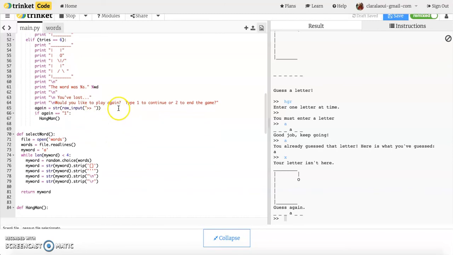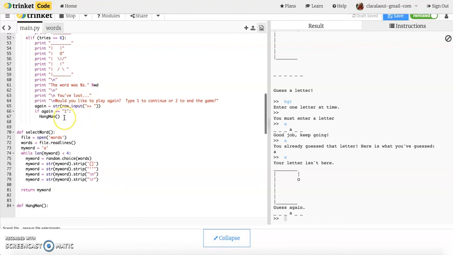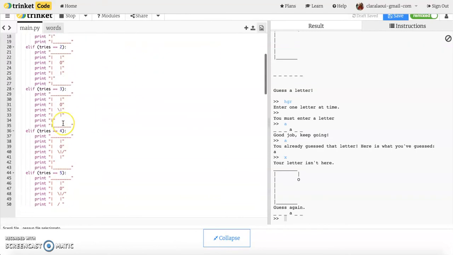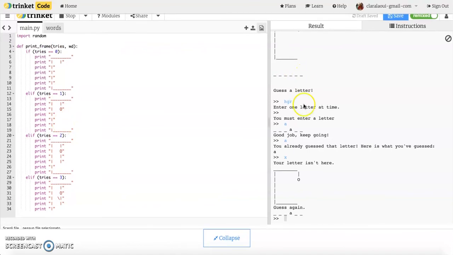Would you like to play again? Type 1 to continue or 2 to end the game. And then we define again one more time, and if again equals 1, hangman. If not, it will quit. So this was just a very quick tutorial on how to do this, and I will show you a demonstration